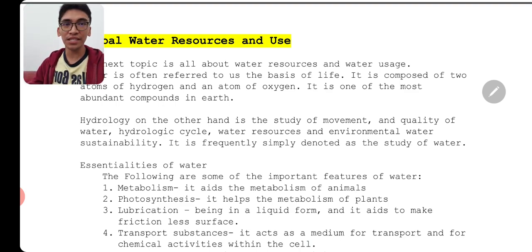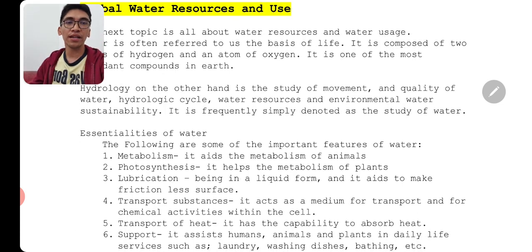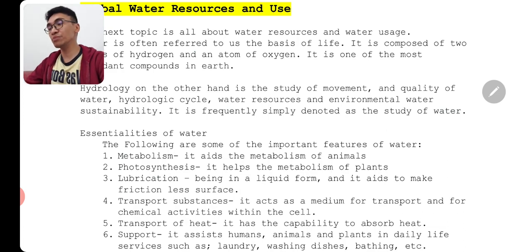So ano ba yung mga essentialities of water? The following are some of the important features of water. Number 1, metabolism. It aids the metabolism of animals. Ano yung metabolism? Metabolism is actually a process yung paano natin ginagamit. When we say nutrition is a process of taking in nutrients from the outside going into our body. So it's a process of